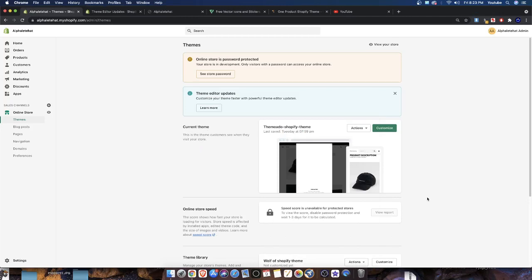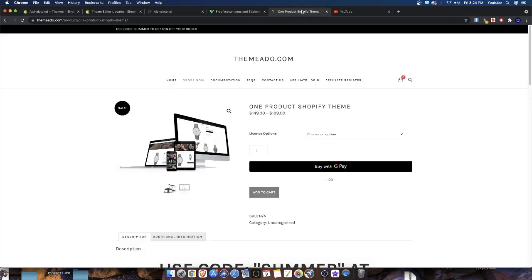Today we're going to be going over a little bit of the new UI changes, and also we're going to be going over a little tutorial of how to set it up using the Themato Shopify theme from, of course, the one and only